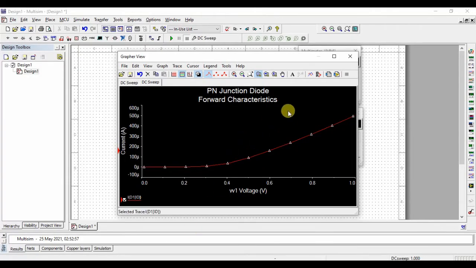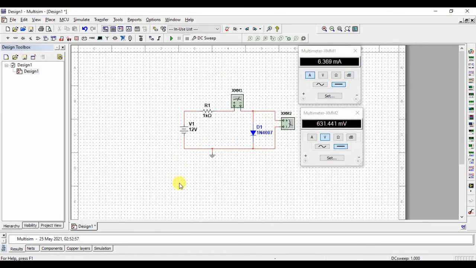Again, like this only, we can do the reverse bias condition. But in Multisim, there is a practical problem that we can't directly get the values in the third quadrant. So what we have to do is perform the following process which I am going to do. Like this we are going to get the reverse characteristics also. For this one, the diode should be connected for reverse bias.